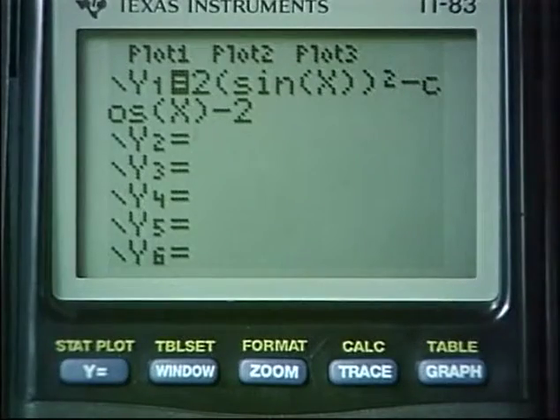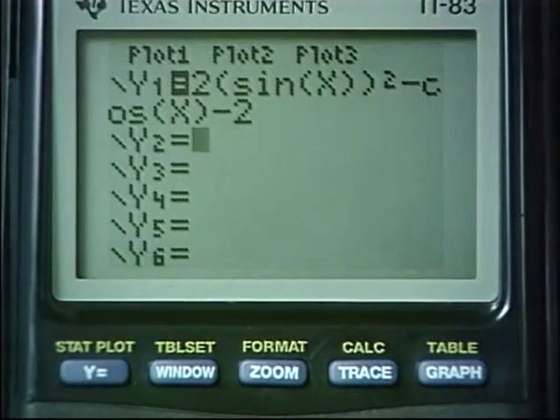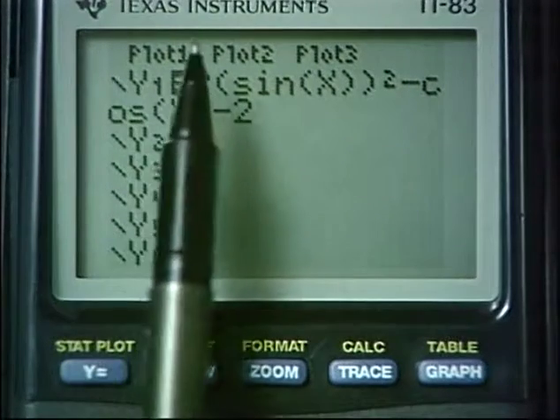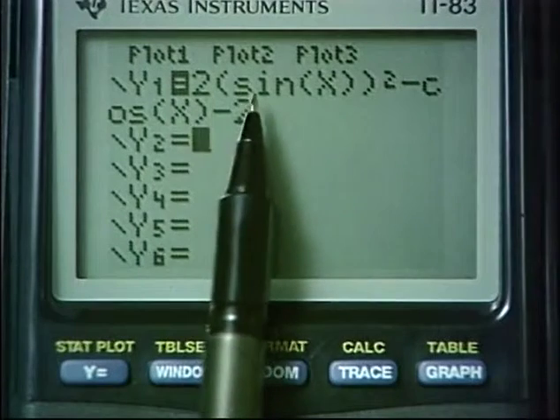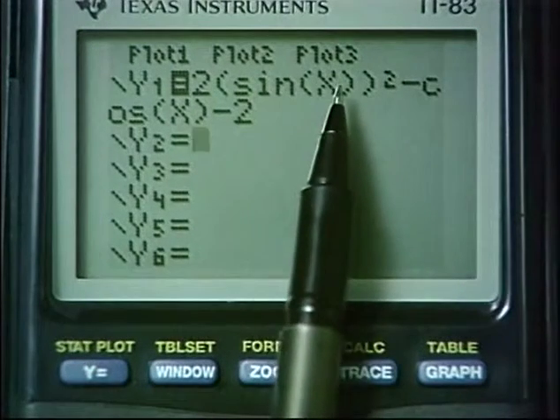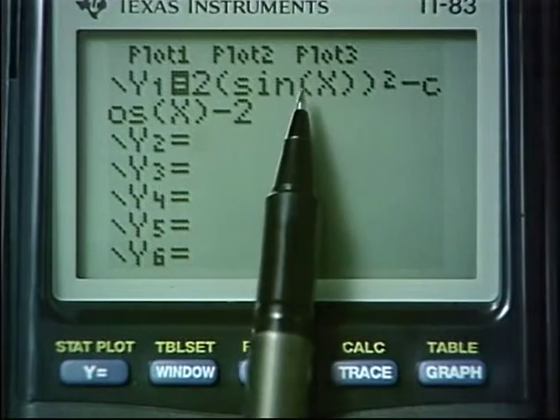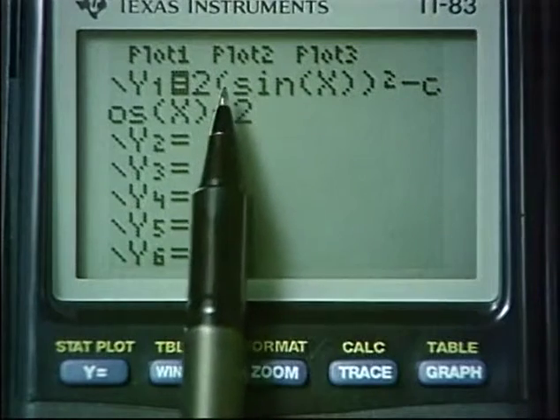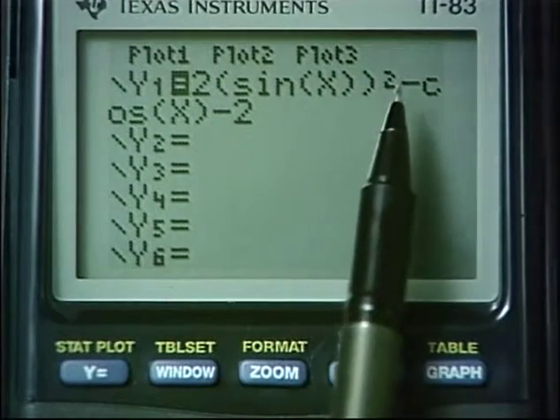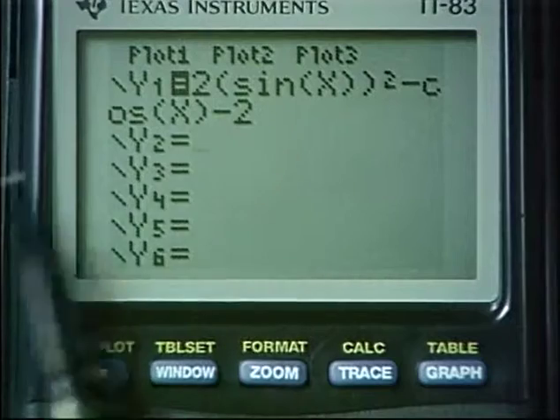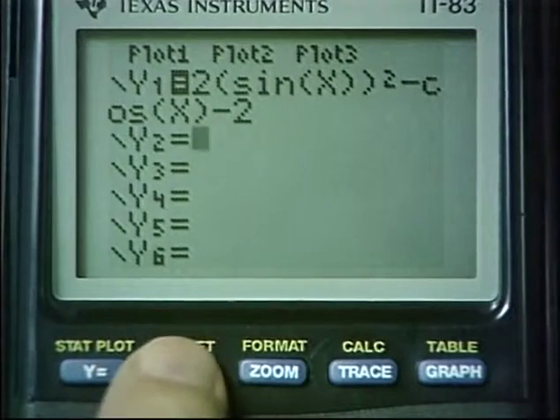Notice once again in this problem that on the graphing calculator, to enter 2 sine squared x, it's a 2 coefficient, and it's sine x squared. So we close the parenthesis for the x here. This is the closing of the parenthesis for sine x, and we square, and then minus cosine x minus 2. All right, the window settings